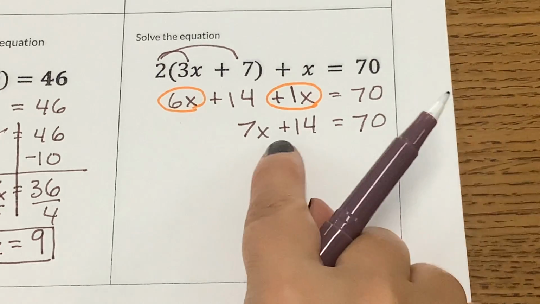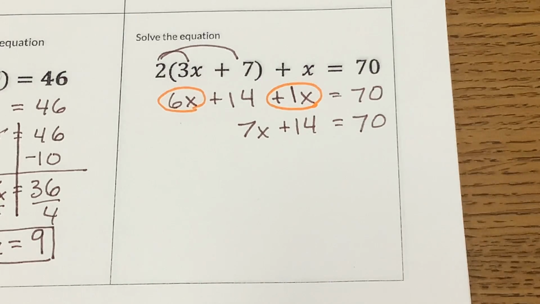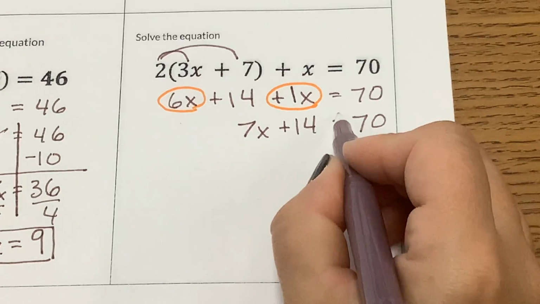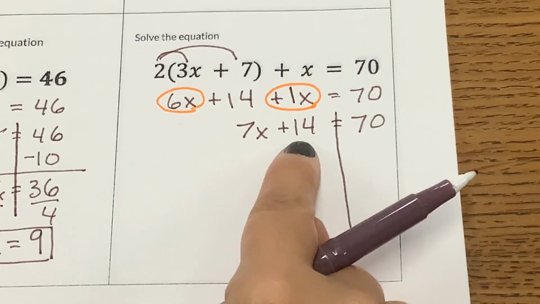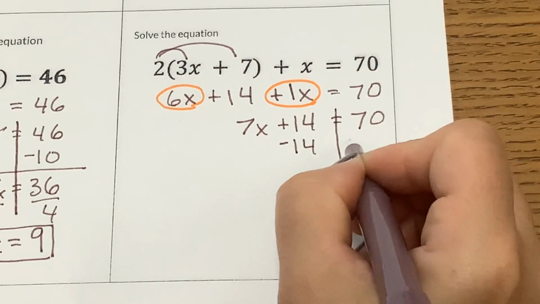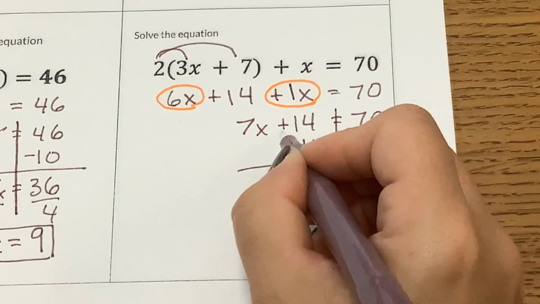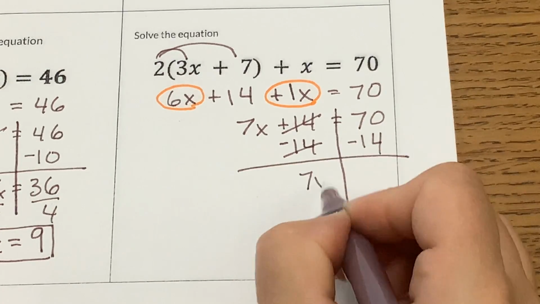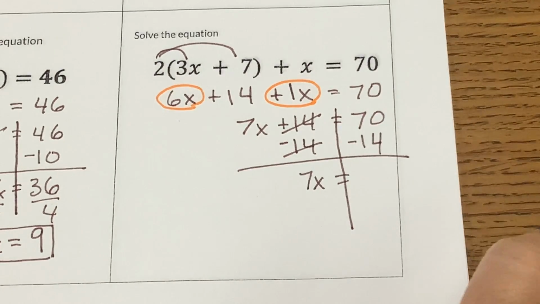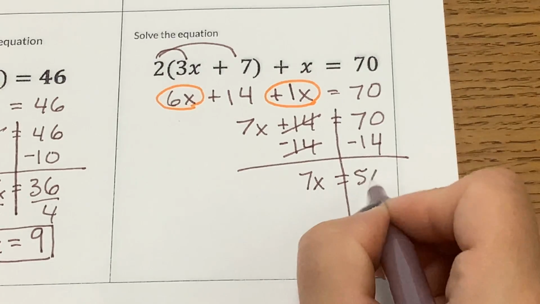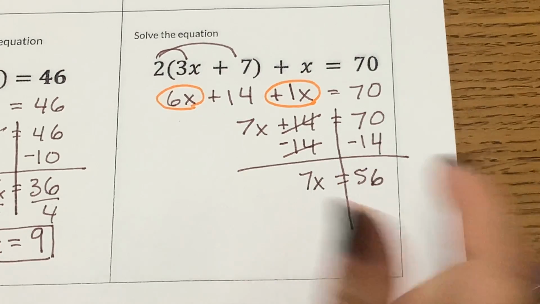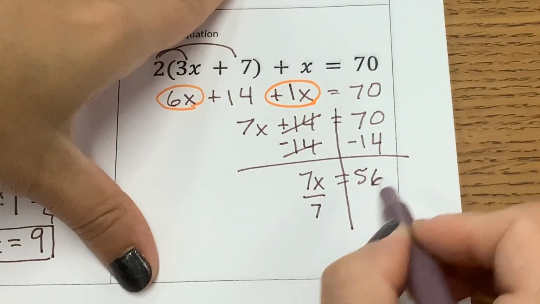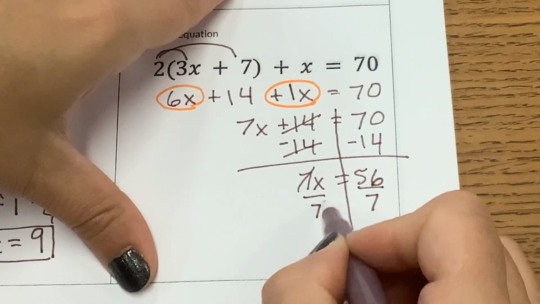Okay, then do we have a variable on both sides? No, so we don't need to move a variable. The next thing, check for a constant. Here's 7x, we have 14 with it, so we need to move the 14 away. Use subtraction. 7x comes down, and 70 minus 14. Then we need to divide by this coefficient, so divide by 7. And x equals